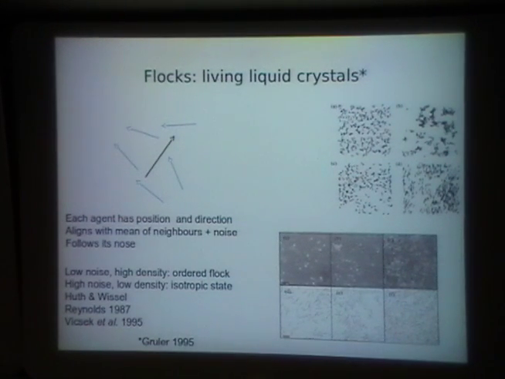So let's start with the very simplest systems, and historically the first active orientation ordered systems to be studied, which were computer simulations by Vicsek of particles which, let's say, let this black particle be the one you're looking at. It looks at its neighbors, which I've drawn in blue here. It aligns with them, and then it moves. Of course, neighbors also move. So basically: inspect the neighborhood, align with neighbors with finite precision, as well as a little bit of noise, and then